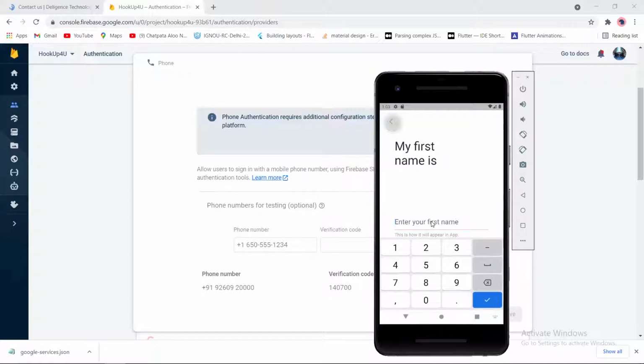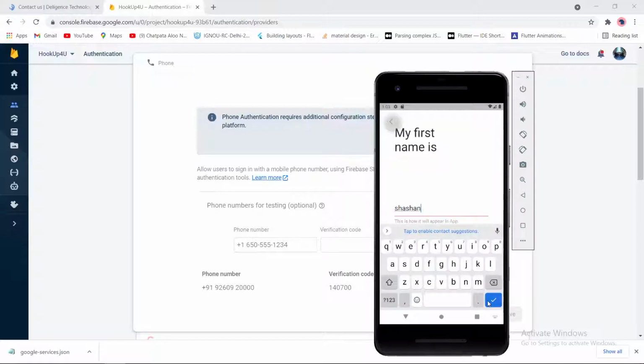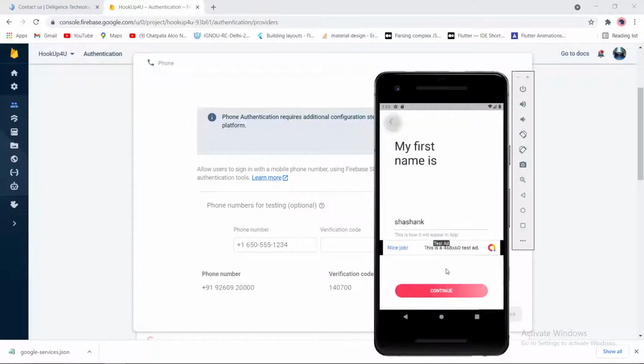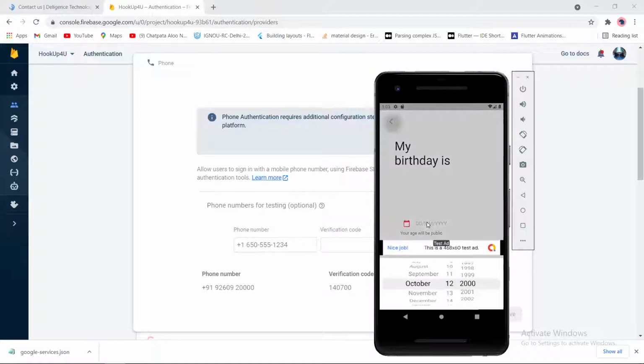Now just enter your first name. I will go with mine. Here you can see this is a 468 by 60 text ad. Here you will see your Google ads, which we will work on later. Now choose date of birth.